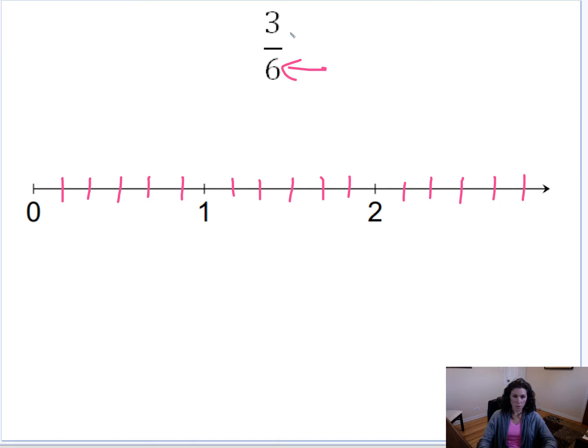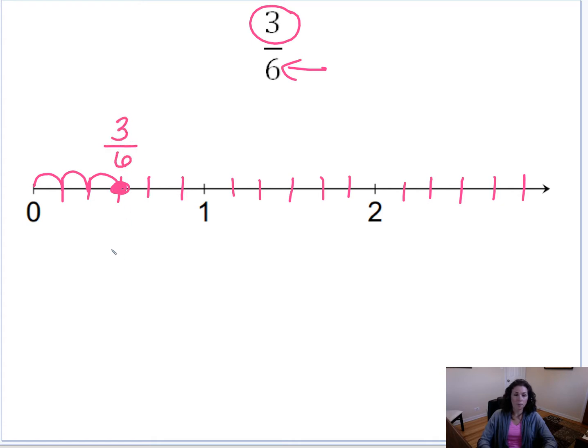And so now I look at the numerator, now that I've got all these divided into 6 equal parts, and that numerator tells me, the top number, how many parts I'm going to travel. So I start at 0, and since it's a positive 3, I'm going 3 to the right. So that would be 1, 2, 3, and I'd put my point right on the number line and label that